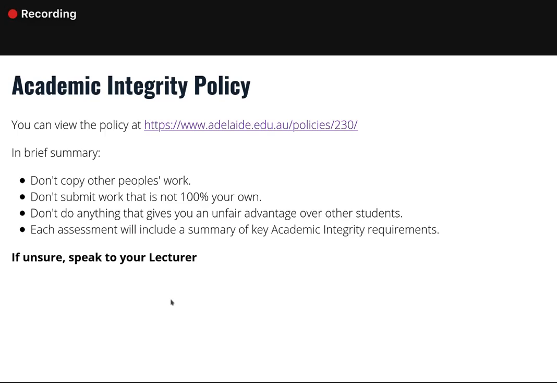Now, I know that this has been a point of confusion for a lot of people in the past. Each of your assessments will have a summary of the key academic integrity requirements for that assessment, and you'll find them fairly clearly written right at the top of the assessment. So hopefully that addresses any questions about what is and isn't allowed for each particular assessment. But at the same time,